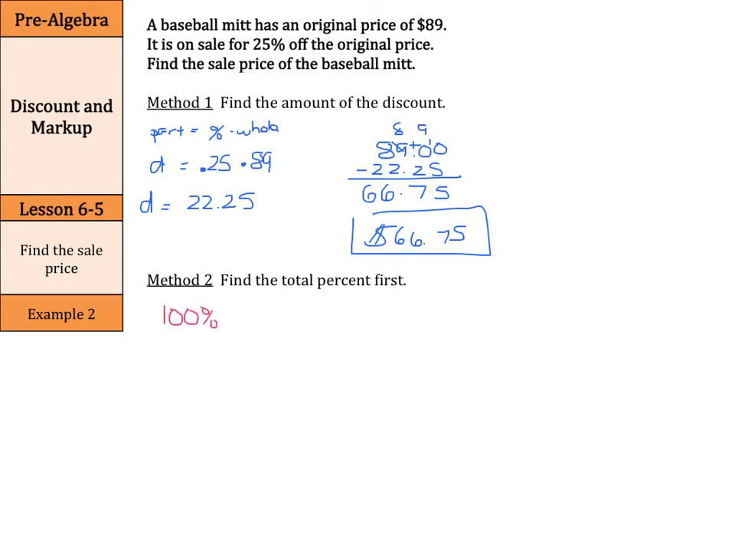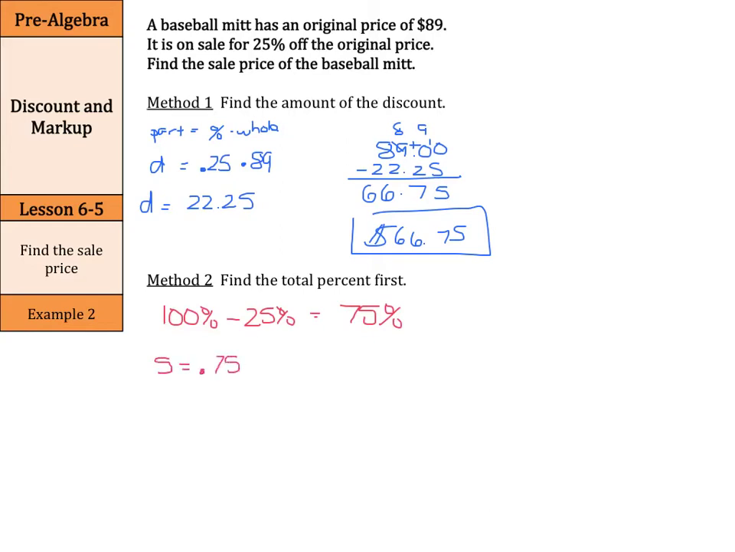Now, I'm taking 25% off, so I can subtract 25% to get 75%. That 75% represents the sale price. I'm only paying 75% of the original price. So once again, I can use my equation where I'm going to say my sale price is going to equal